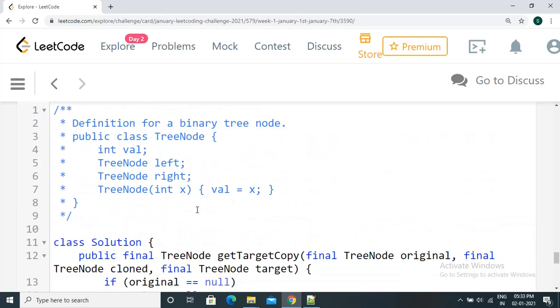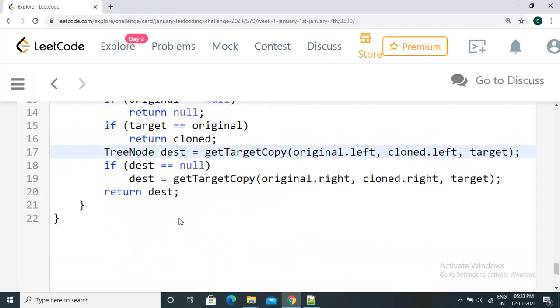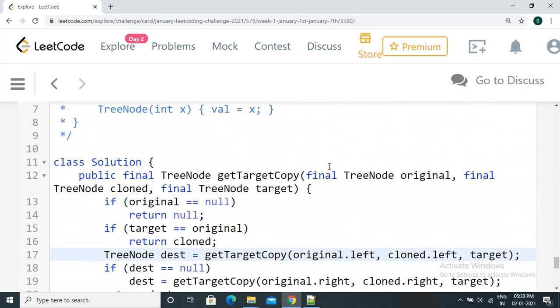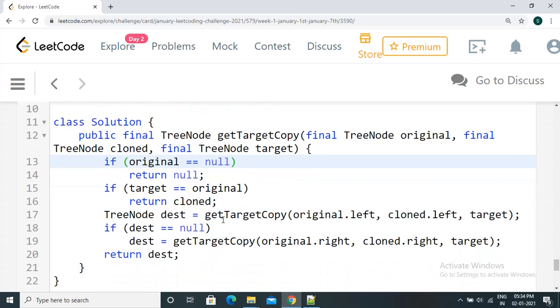So let's look at the Java source code first. We have a function getTargetCopy. You will be given the original tree, the clone tree, and then the target node that you need to find. Your target node will not be null, and the clone tree and original tree will have the same structure. So just in case the original tree is null, you just return null,